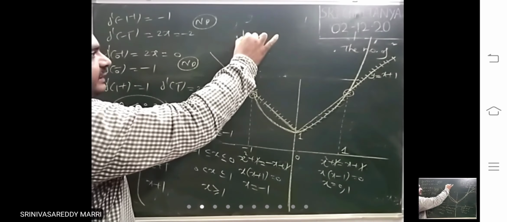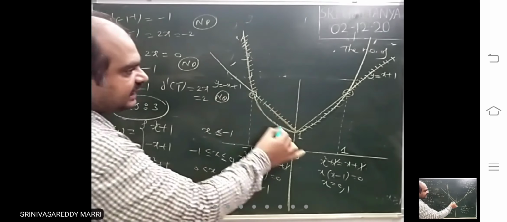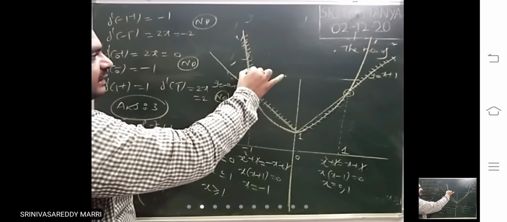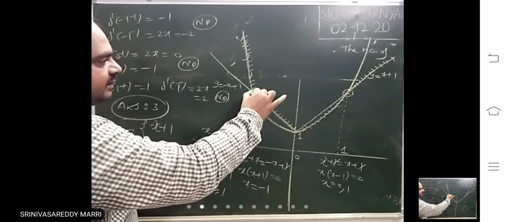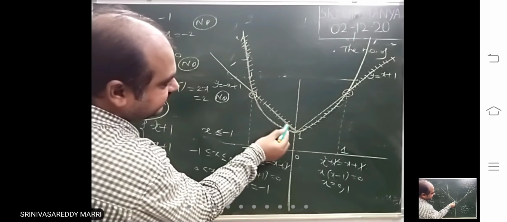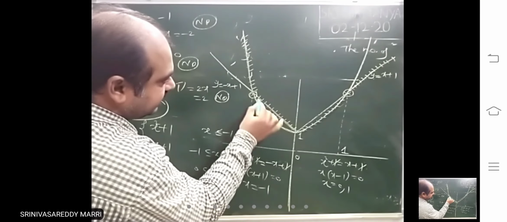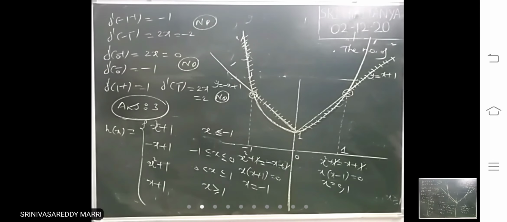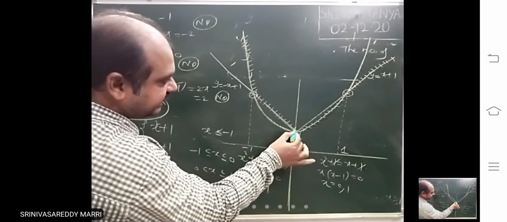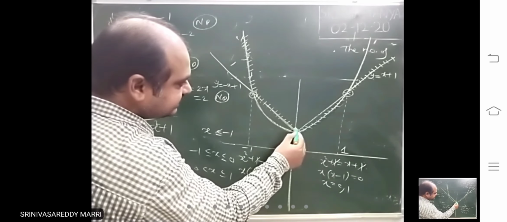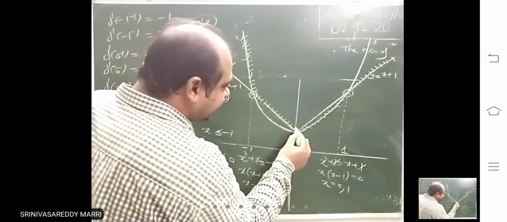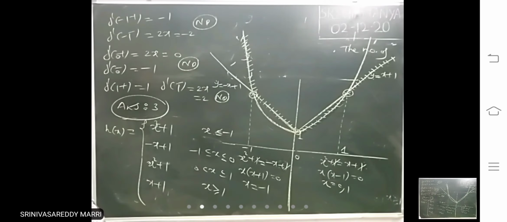From here to here, the dotted lines are h of x. From here to here, rule 1 graph. And then after this point, the graph changed its rule. That means at this point it will not be differentiable. That is 1 point. And then from here to here, one graph is drawn. And then at this point, the graph changed its rule. That means this is the second point where it is not differentiable.